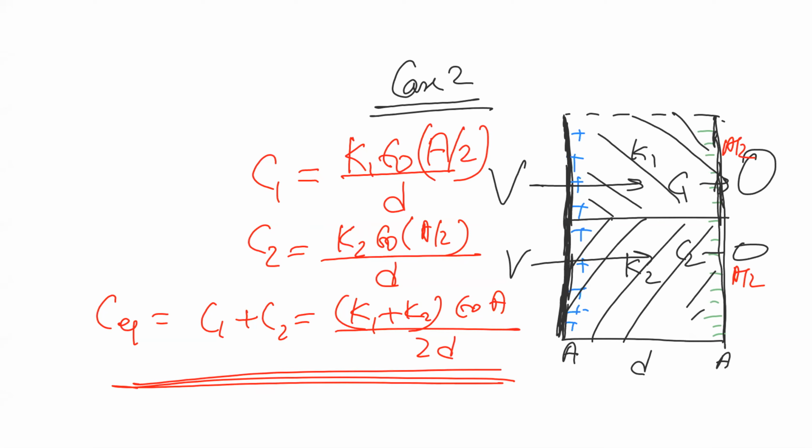Okay, so let's go to next. Case 3. Can anyone guess what will be case 3? Full. This side K1. Okay. This side K2. And of course, these are the plates, right? These are the plates. Yes, sir. Okay, let me draw the plates as red color. Positive plate as red color. Okay. Negative plate as yellow color.